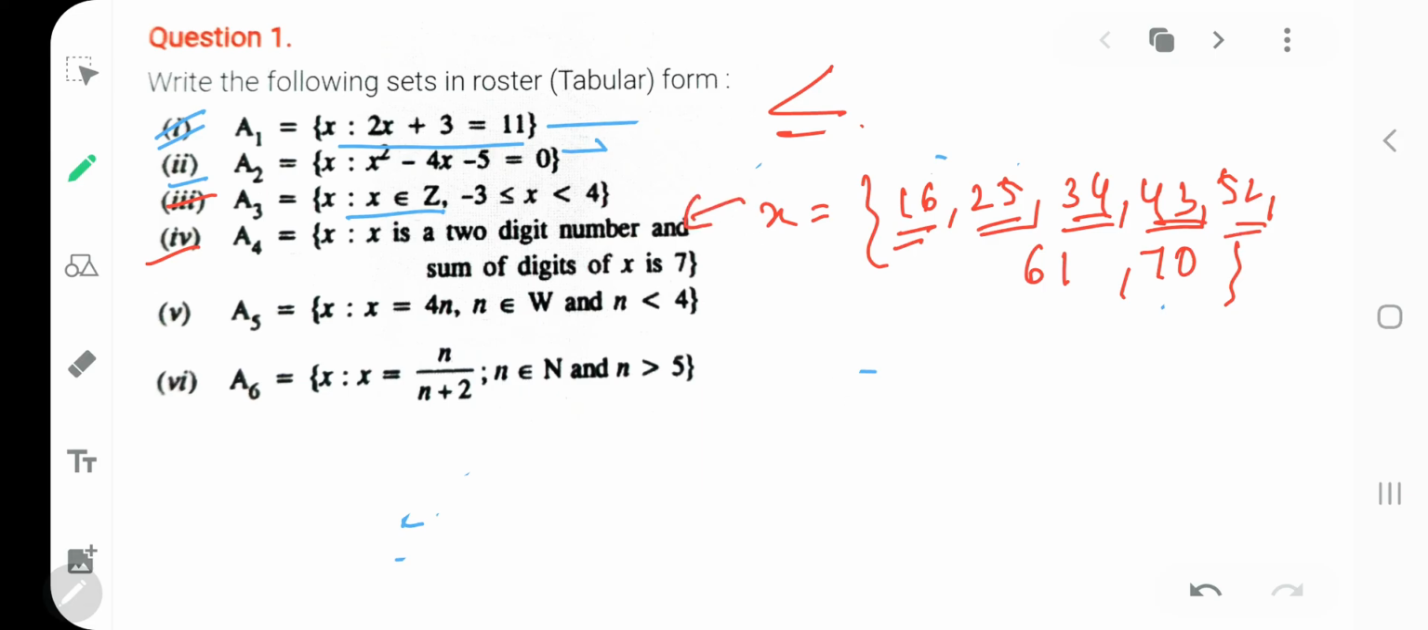So the elements will be 16, 25, 34, 43, 52, 61, 70. Is that clear? Okay, we'll jump on to fifth, and it says A5 is a set of x such that